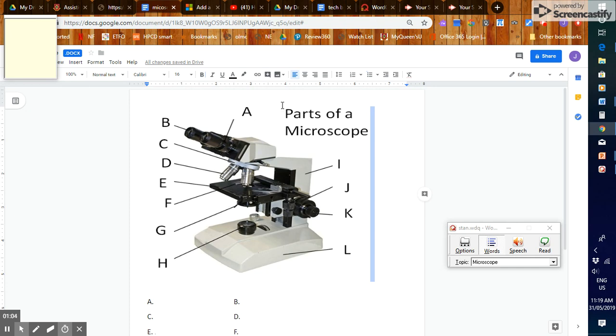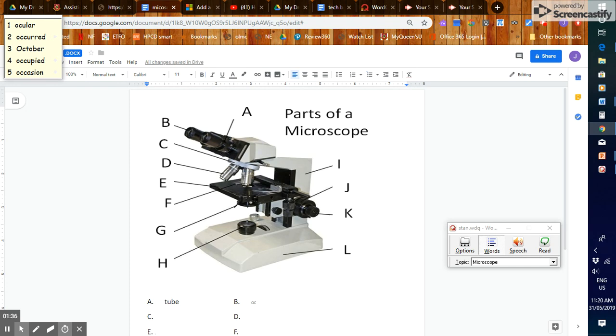So let's say that I'm looking at the parts of my microscope here. I want to look at A. I go down there and I'm thinking, you know what, I think that's the tube feature, and I can see in my bar at the top it pops up there. Oh, tube, I'm going to pick that as my first one. So now I'm going to look at B. What am I going to think that B is? Now this is a bit more of a challenging one, but I remember from my notes in class and the video we watched about the microscope that I think it's